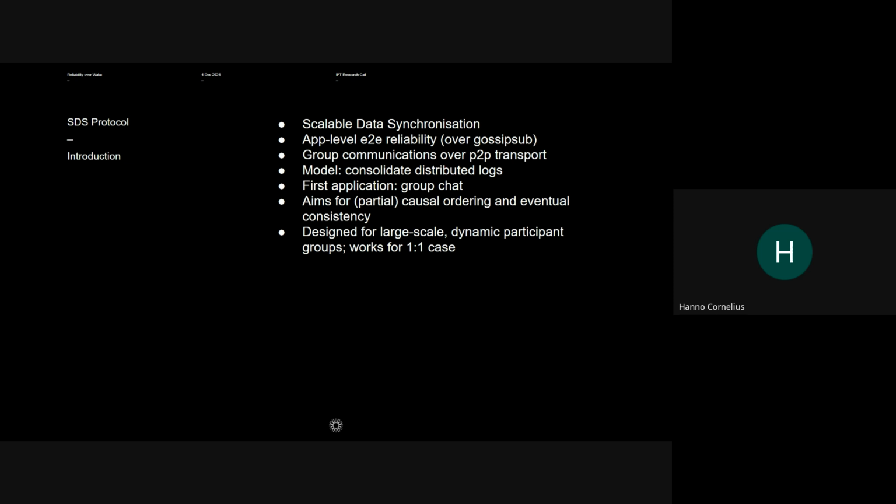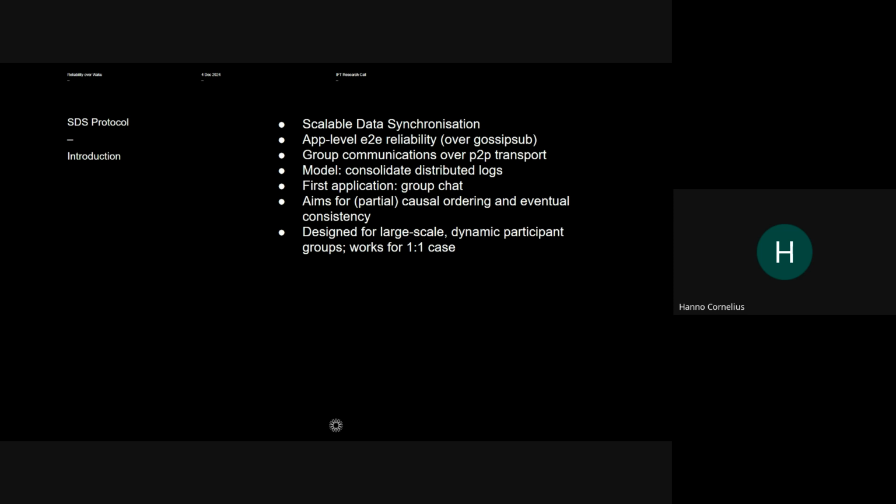So we aim for partial causal ordering and eventual consistency. I will define these terms a little bit better, but they might be apparent based on what I've said. But the thing I want to emphasize now is we do design this protocol for large-scale dynamic participant groups first, because we believe this is the hard problem to solve.